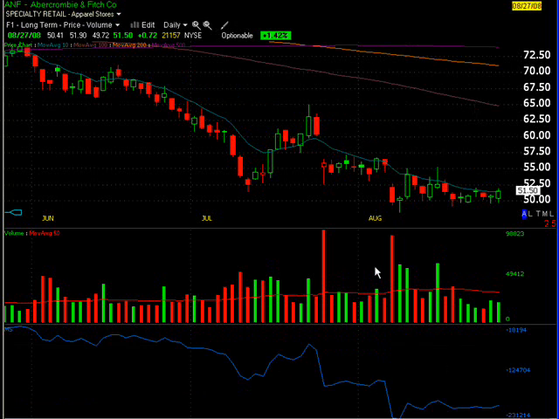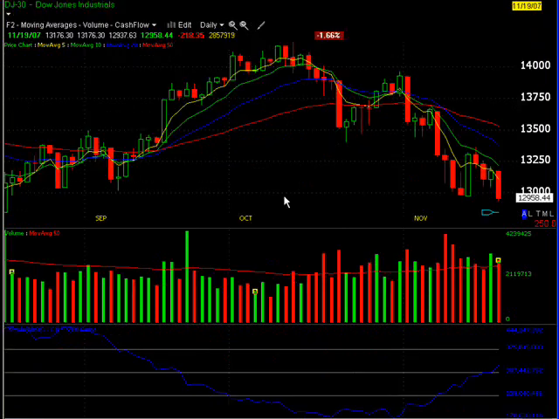Now, the final thing to talk about, again, is that moving averages are support and resistance. They confirm the trend. And the other thing to look at is when a stock crosses over. Okay, so I've switched to the Dow Jones, and I'm back in October 2007. The last thing to talk about with moving averages is to look when the shorter term moving averages, the 5, the 10,